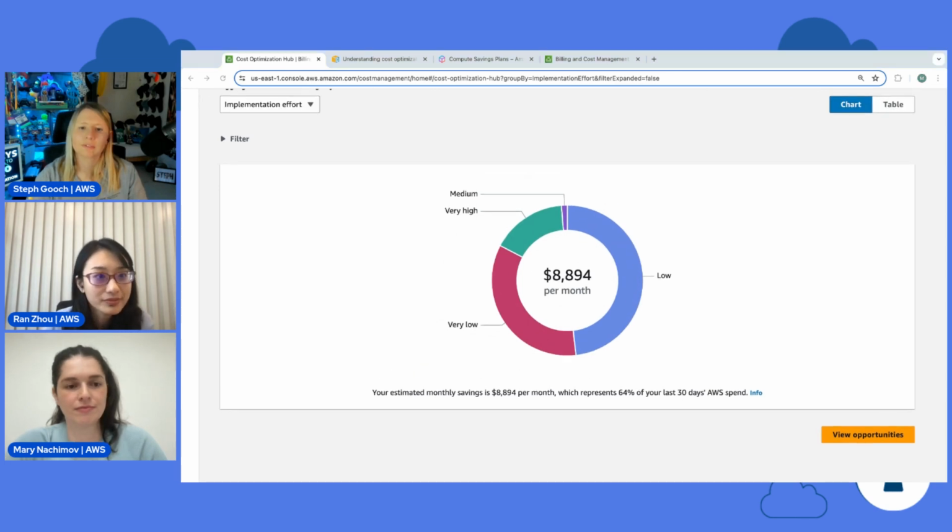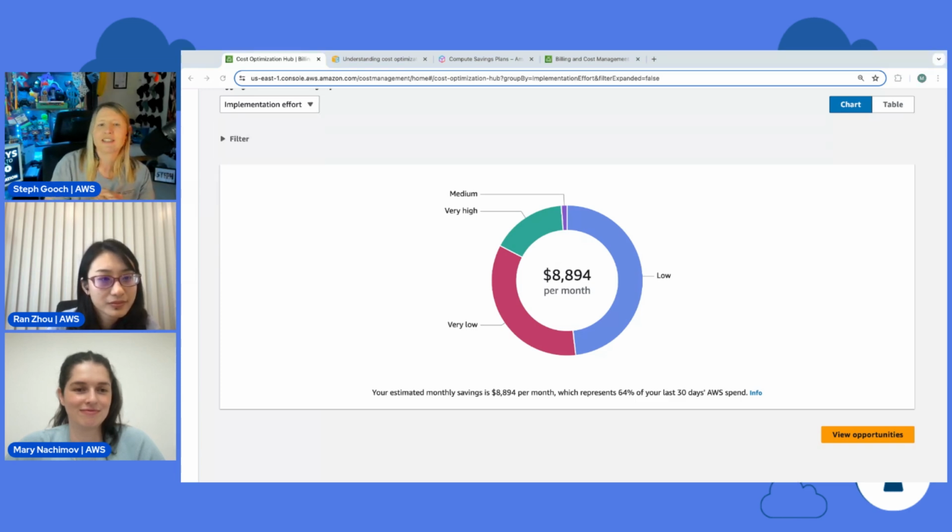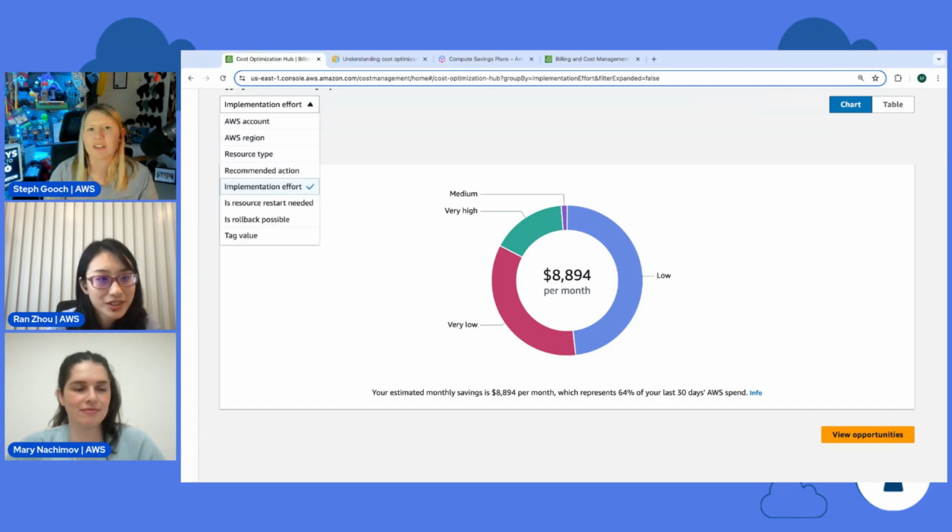Yeah. Awesome. So a question maybe on the drop down, if you want to open it, would be interested to know from both of your points of view, which one do you think, because obviously the first one, which is by the different types, is going to be the key one. But Ran, this is silly, but which is your favorite? Which is the one you think is really useful that people should maybe go to secondary? Would it be the implementation effort? Because that's something you think is one of the best?